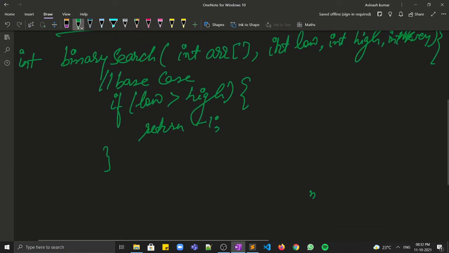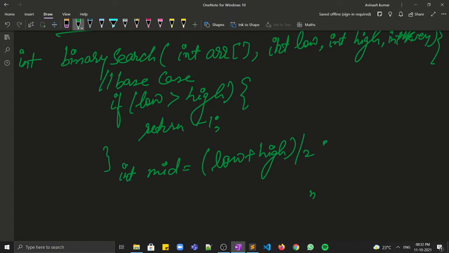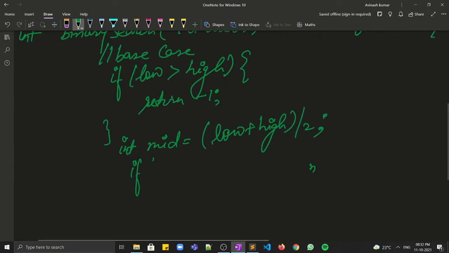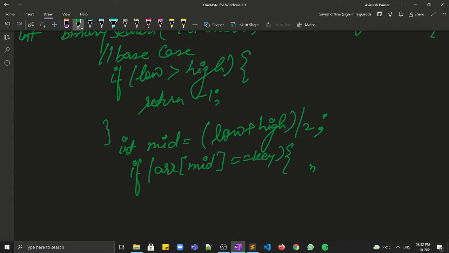Now the first step, the mid will be calculated. So mid will be low plus high by 2, right? First of all, we check if array of mid is equal to key, then we can simply return mid, as we have found our element.